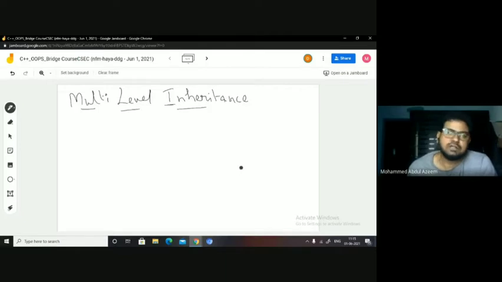So when the base class members are defined with different scope, and the base class is inherited with different visibility modes like private, public, protected, in what way the base class members are accessible in the derived class, we have discussed with the help of a table in the last class. I hope that is clear for all of you.